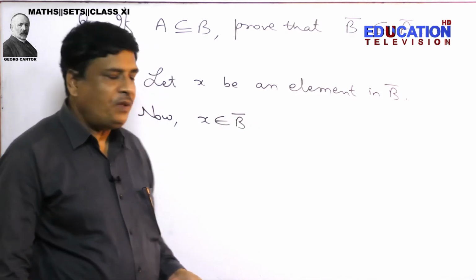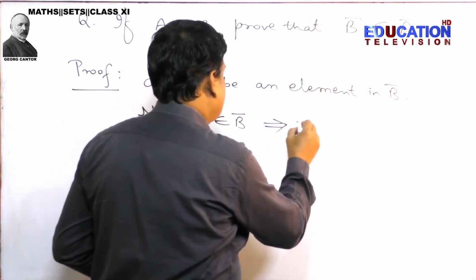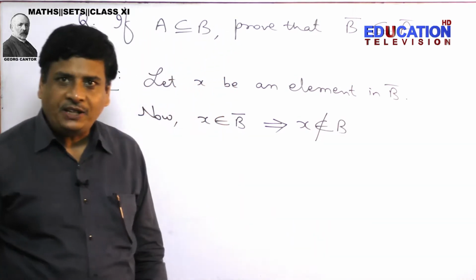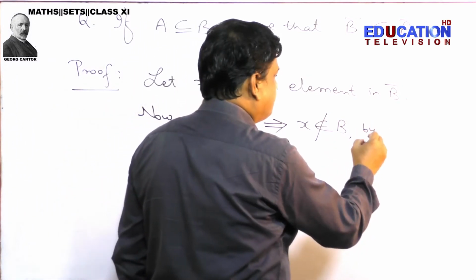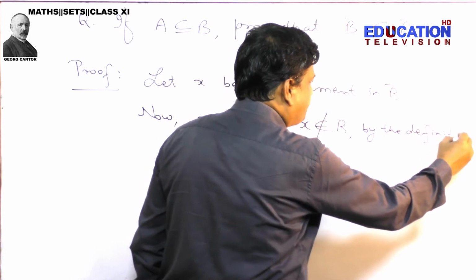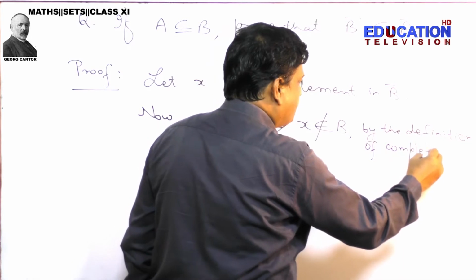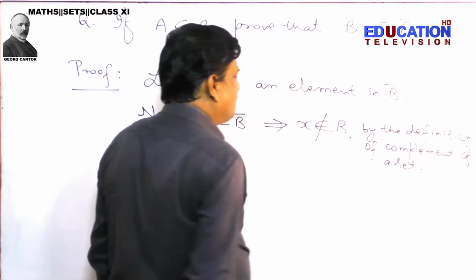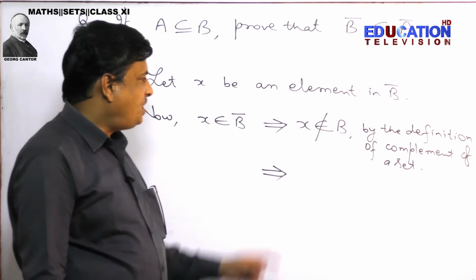X belongs to B complement implies X is not in B, by the definition of complement of a set. X is not in B,